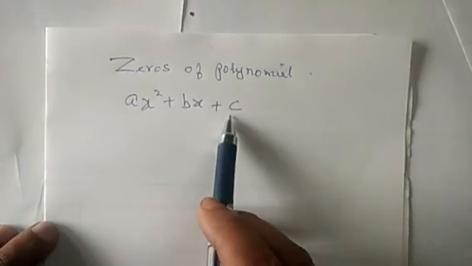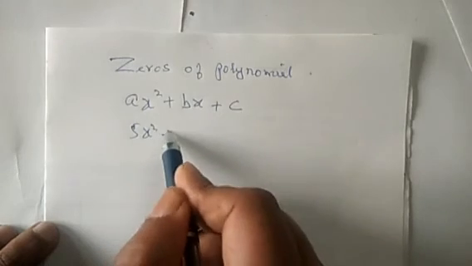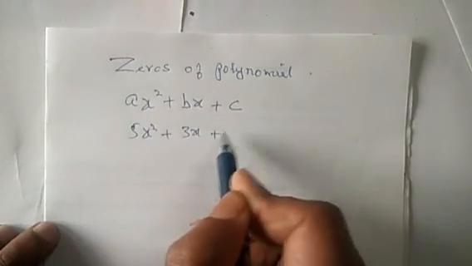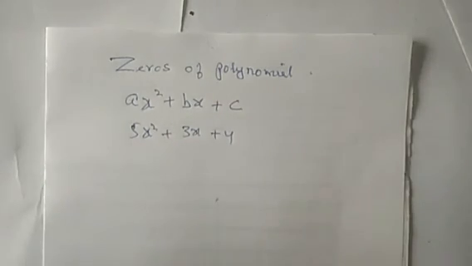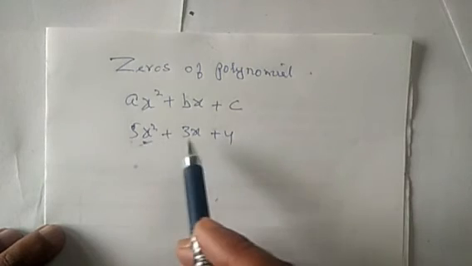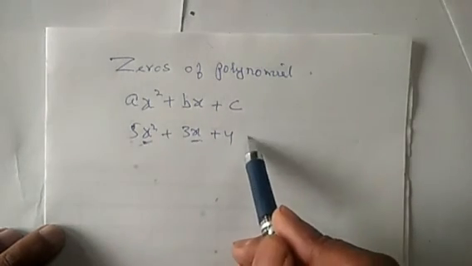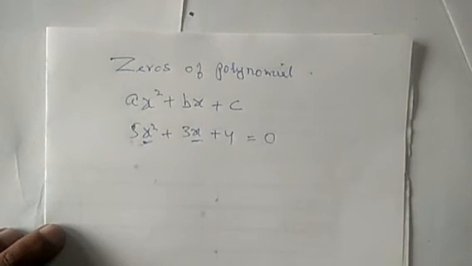It may be in this form. So for example, 5x square plus 3x plus 4. At what value of x, see the variable is x only, at what value of x this equation will become